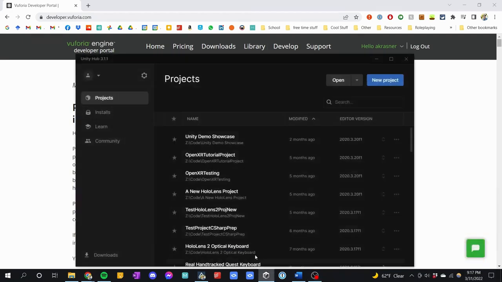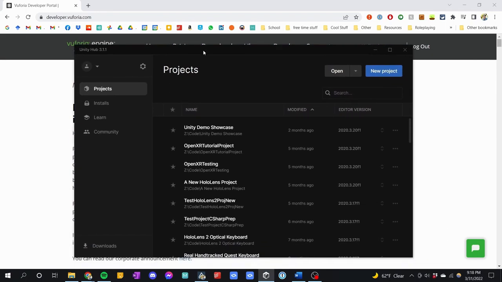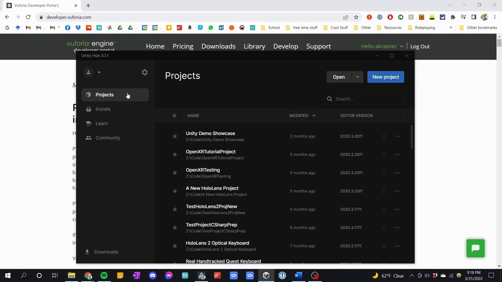So to get started, make sure you have Unity installed. I recommend using the Unity Hub to install your versions of Unity. And I also would recommend when you're installing to have some kind of IDE or a text editor, such as Visual Studio or Visual Studio Code. So now, assuming we have Unity,